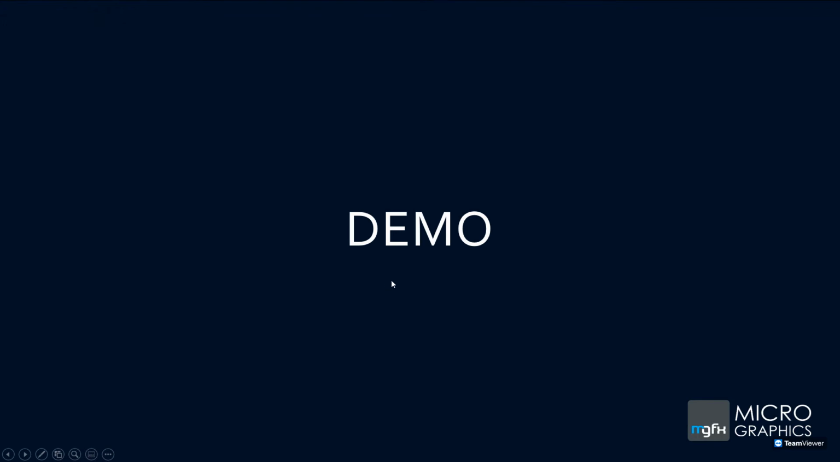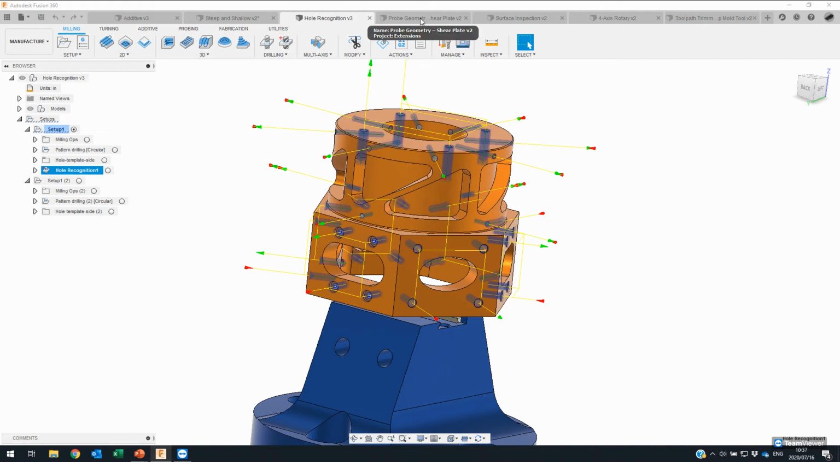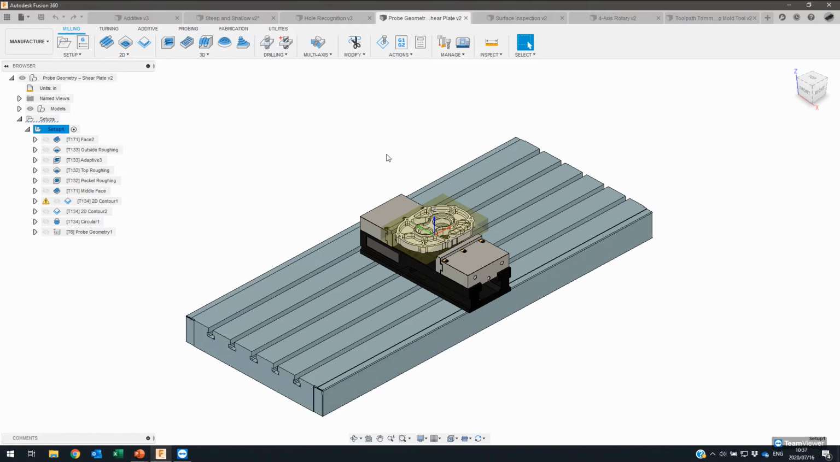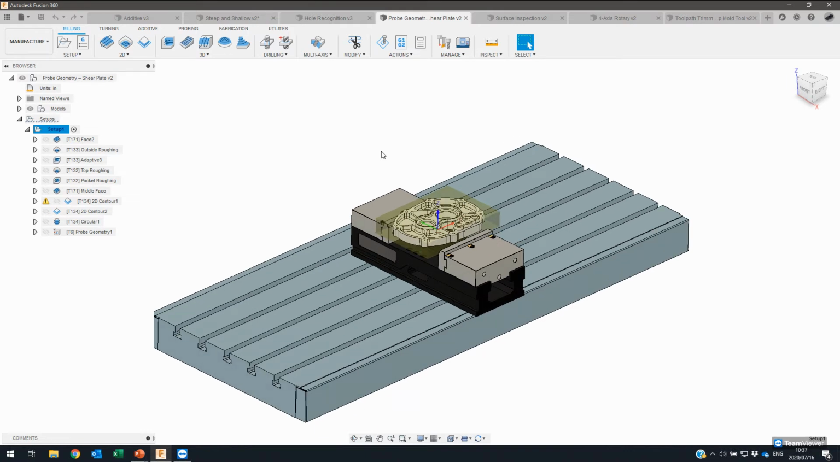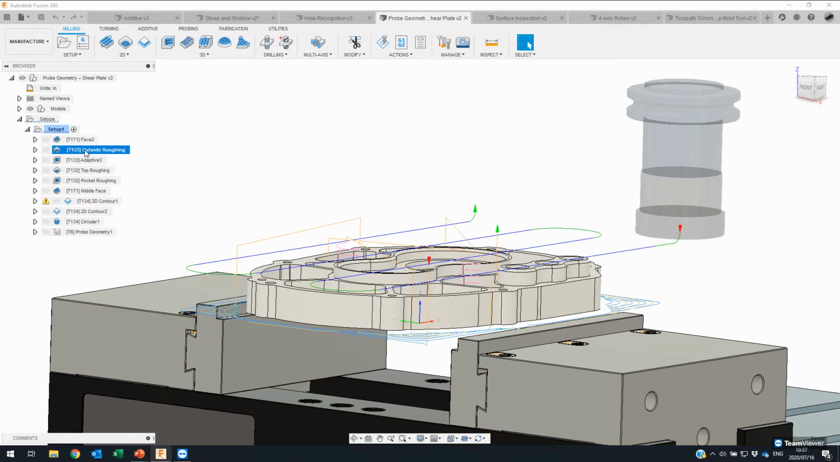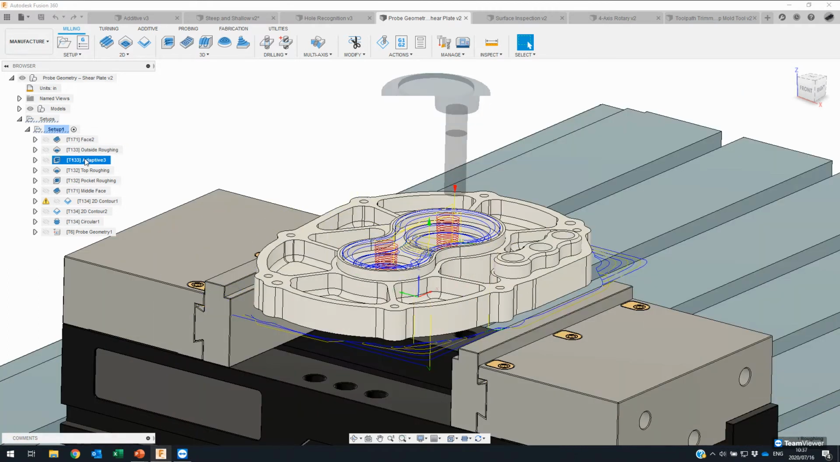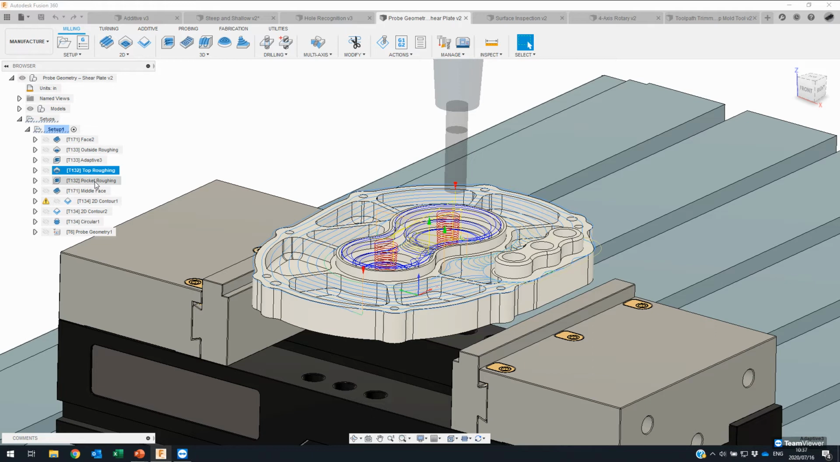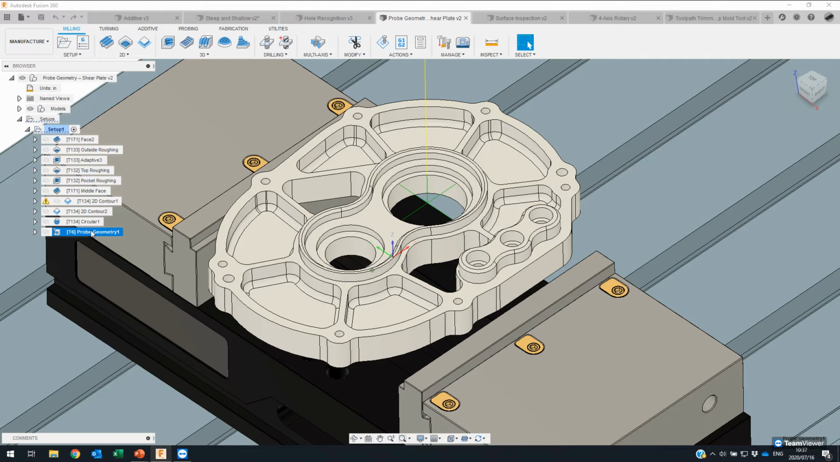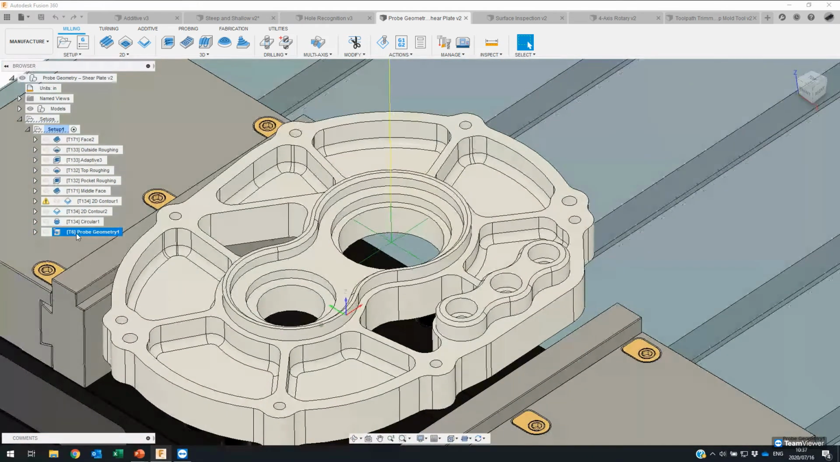So we'll move on to a demo for the probe geometry. In this part here, we have a component set up on a machine, and there are various operations on this part. There's some facing, some outside roughing, adaptive clearing, top roughing, some pocket roughing, facing, contouring, and right at the end, to double check the accuracy of that bore in the part, there is